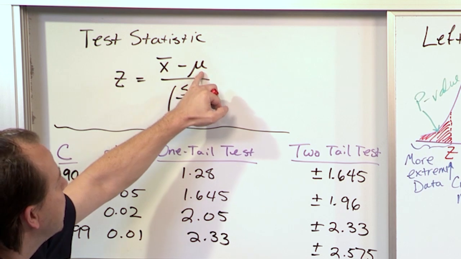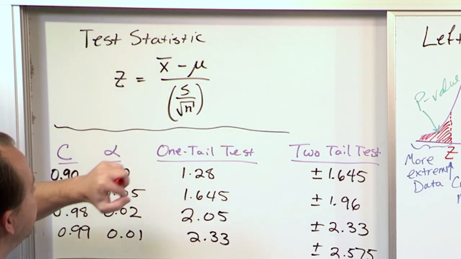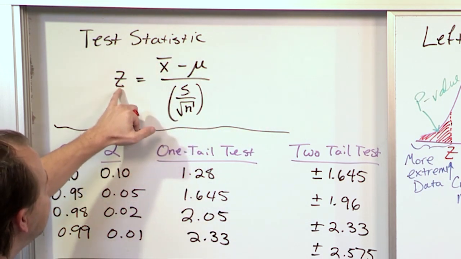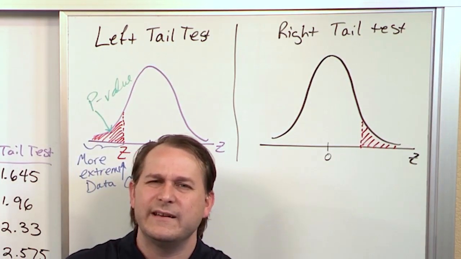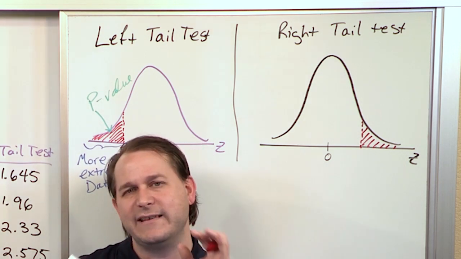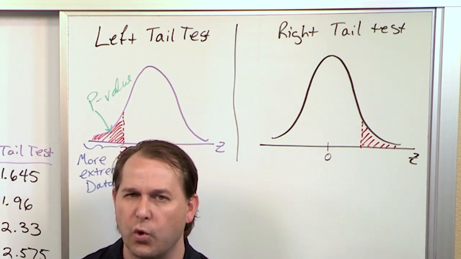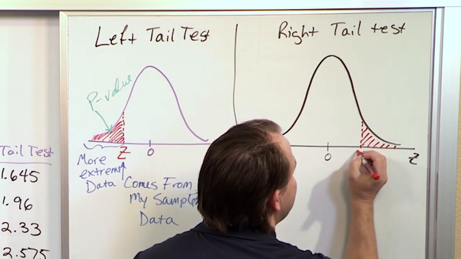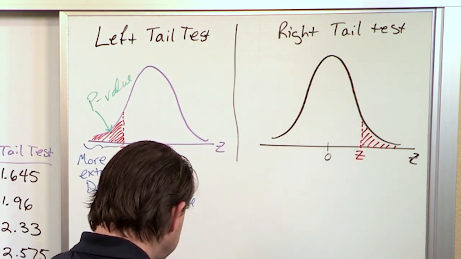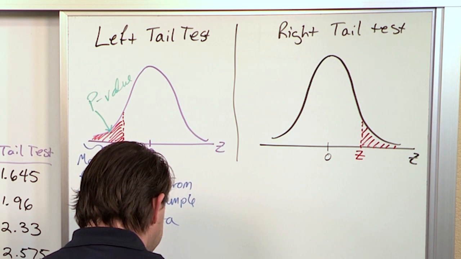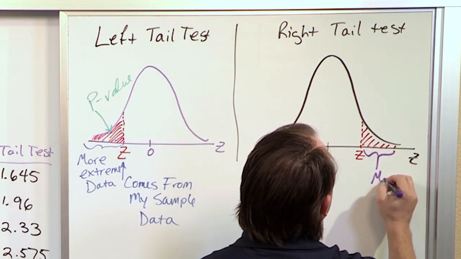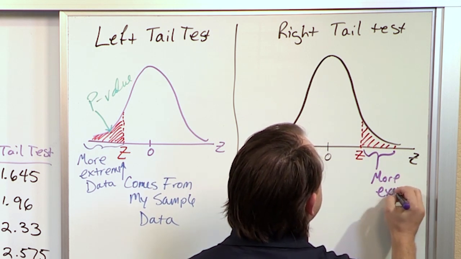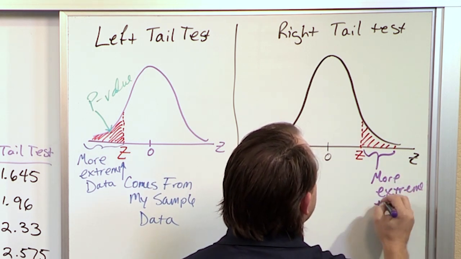This is the hypothesis mean, the null hypothesis mean. I would calculate this number, and I would get a value of z. This value of z is like one number that generally represents the entire set of data that I collected. It's one number, right? So this value of z goes here, all right? And what I'm basically saying is that all of these values to the right are more extreme than